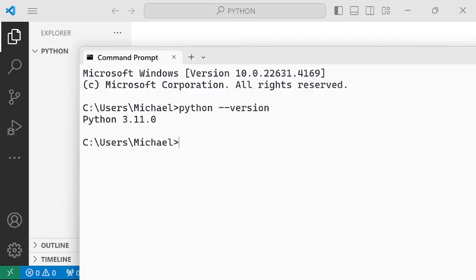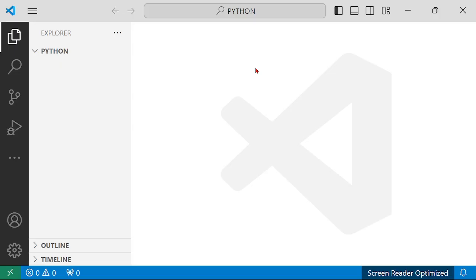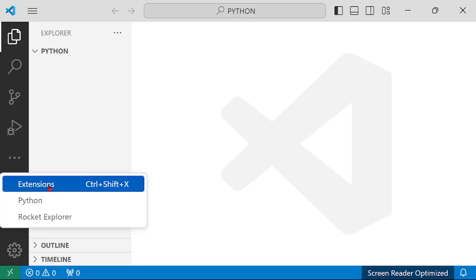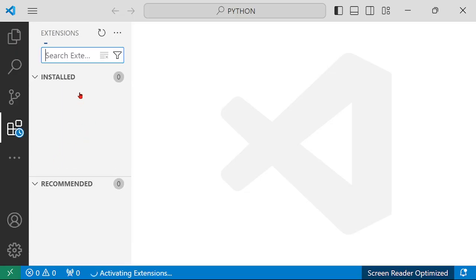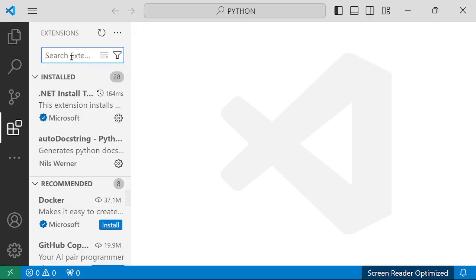Like mine, for example. I'd like to recommend you learn Python using two integrated development environments. Visual Studio Code, for which you simply need to open an empty dedicated folder. In case you are using VS Code, please click on Extensions, type Python,